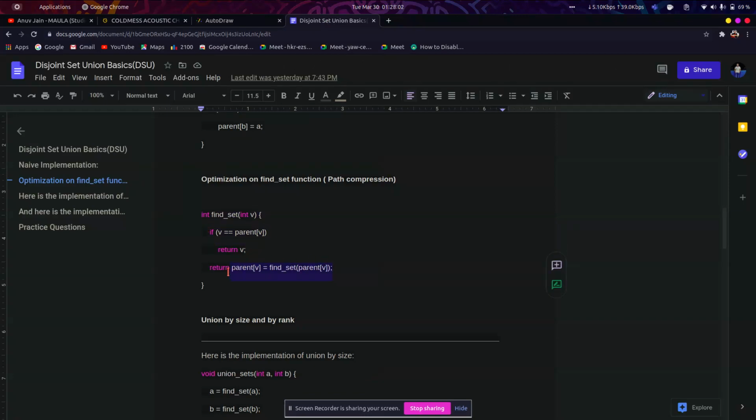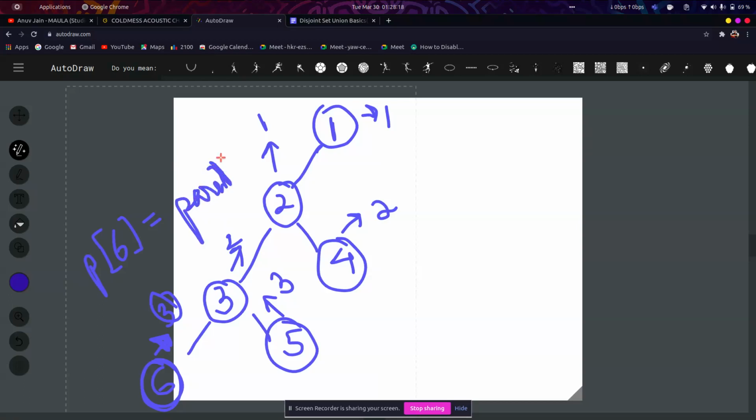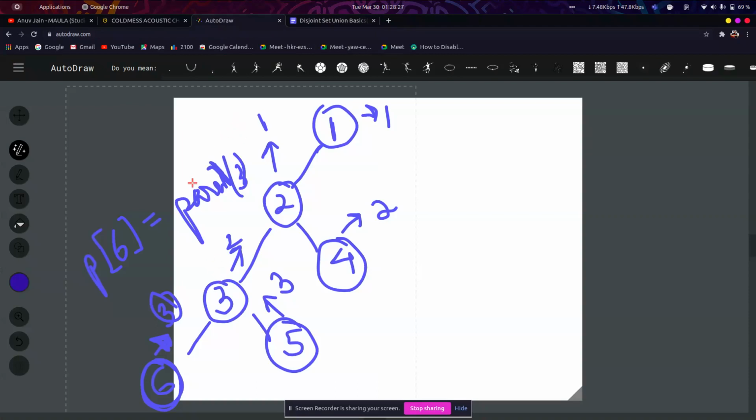So we go here, parent of 6 equal to find set of parent of 6, right? So it pushes off to this parent of 6. Okay, parent of 6, I'm denoting by p. So it recursively calls find parent of 3, right? Obviously you can see, find set of 3, because it is just immediate. Now 3 goes to 2, parent of 3,